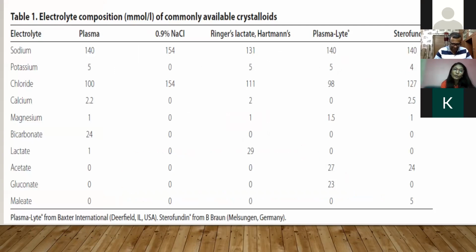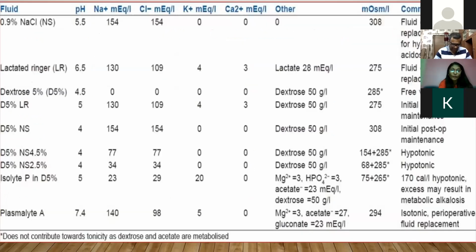Now, when we compare the two fluids, we come to the basic physiology of plasma, where the sodium content is around 140, compared to normal saline, which is 154, and Plasma-Lyte or the standard balanced solutions like Ringer lactate, which contain 130 to 140 of sodium. So with normal saline, of course, we are giving a higher sodium load. The chloride, which is normally 100 in the human body, is 154 in normal saline and 100 to 110 in the balanced solutions. The pH of the human body, as we know, is 7.4.